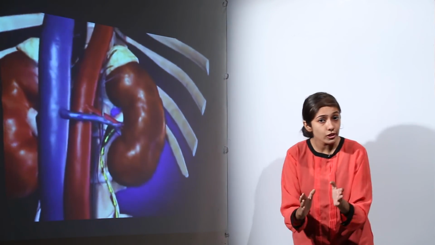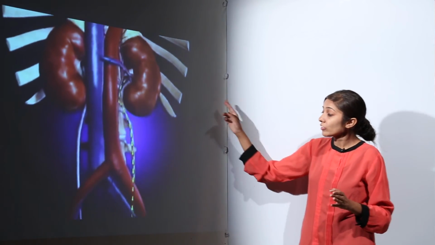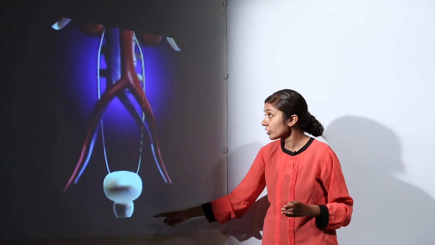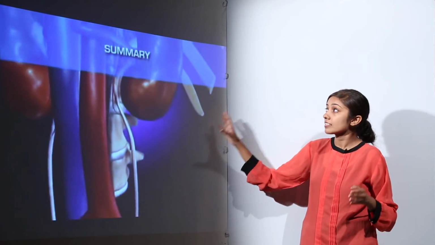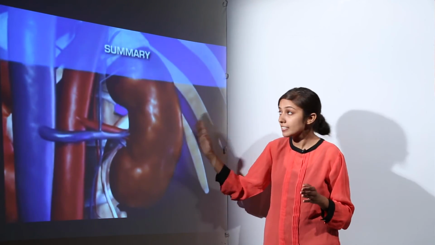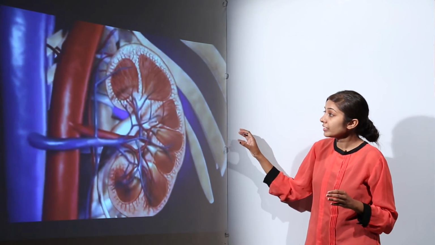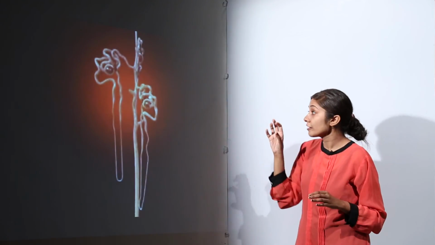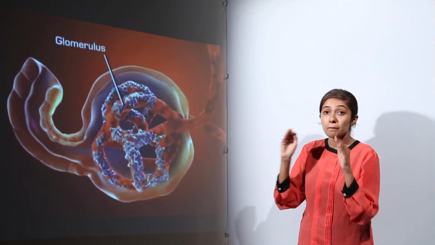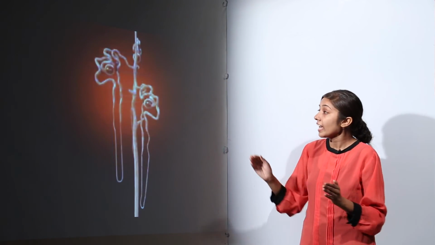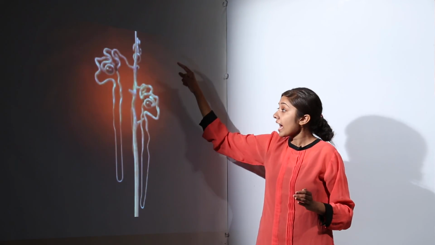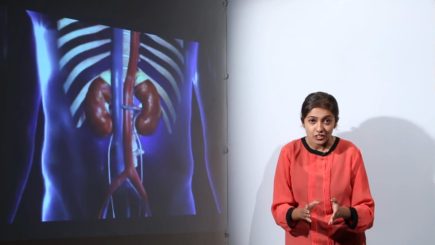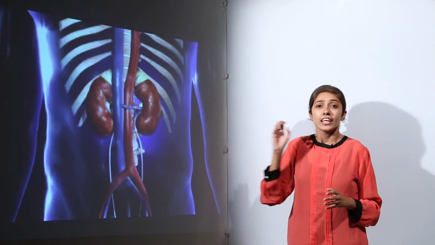Once the urine is formed, it enters through the ureter to the urinary bladder, from the bladder to the urethra, and is excreted out. So this is how we have summarized this system, and remember that these lobules contain millions of nephrons. They form the basic functional unit of kidneys, and it is composed of what? Glomerulus and the tubular part. So this is how the excretory system actually functions. I hope that after seeing this, it is very clear to you.